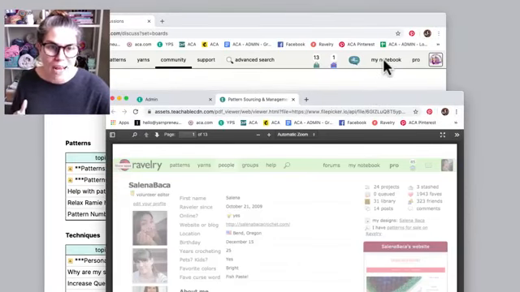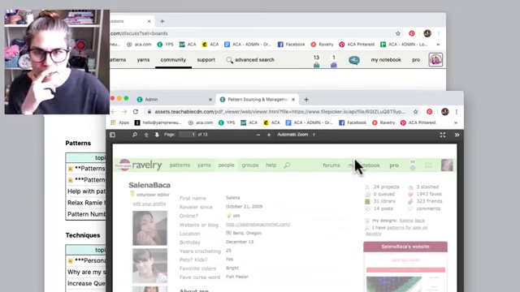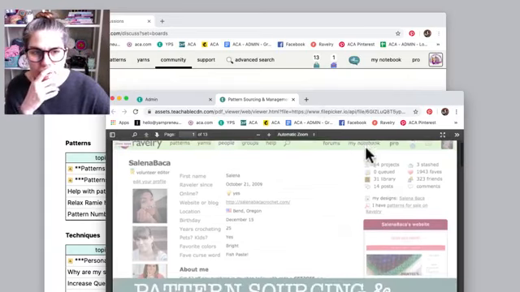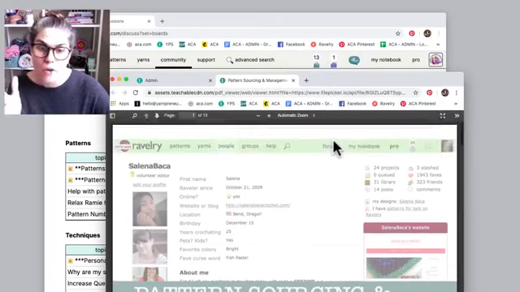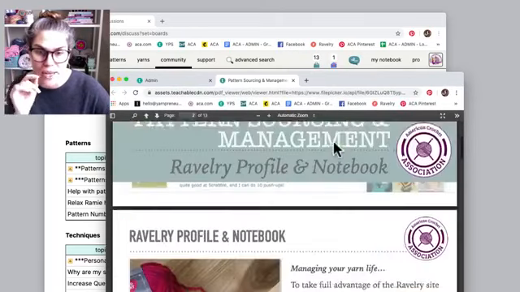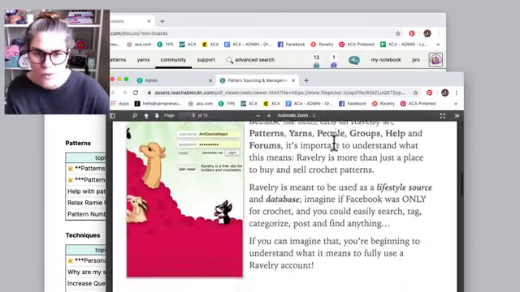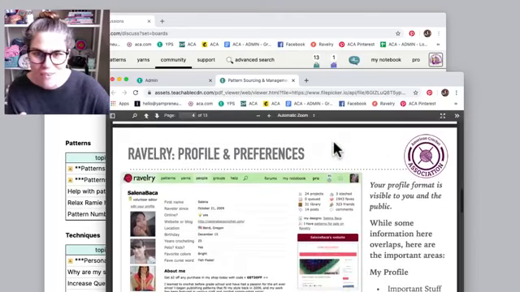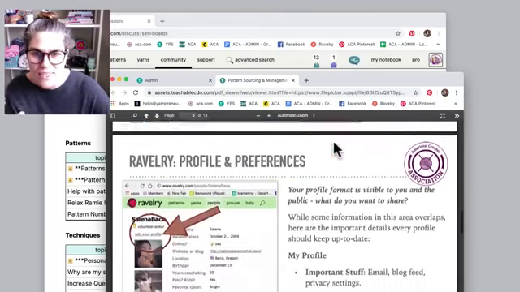Okay. We still have my notebook. And of course, I have a pro account, and then there is the icon, and that's where your profile is, okay? Now, my notebook, let's take a peek at what my notebook used to have, because my notebook does look a little different, okay? And I found that kind of interesting. So I'm going through the course. This is all course information here. Okay, profile, preferences,